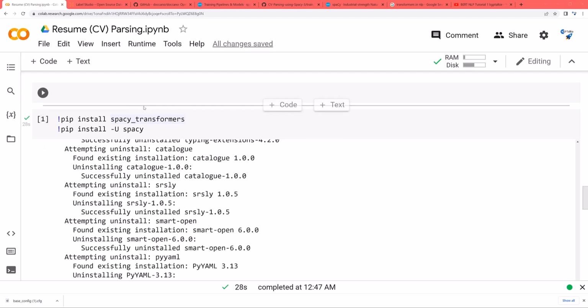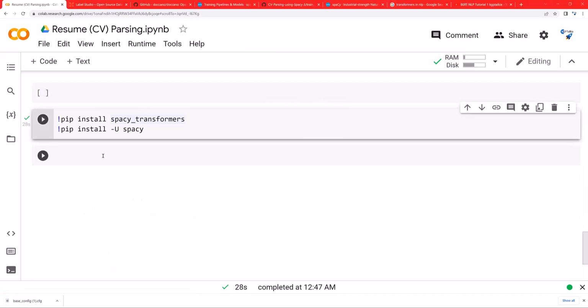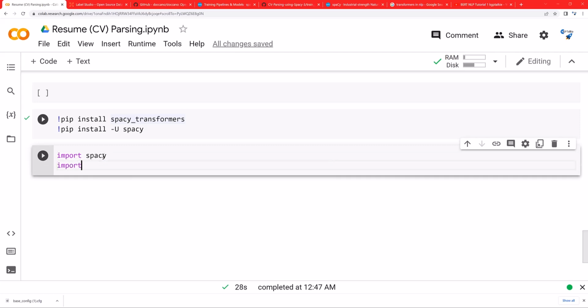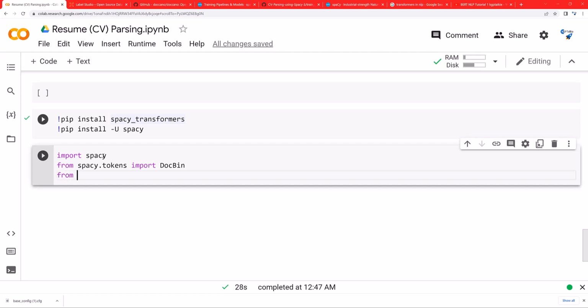Alright, so installation of spaCy Transformers and spaCy is done. Let's go ahead and start importing spaCy and other related Python packages. So I say import spacy, thereafter from spacy.tokens import DocBin. We'll be using DocBin to make our documents to get the training, and from